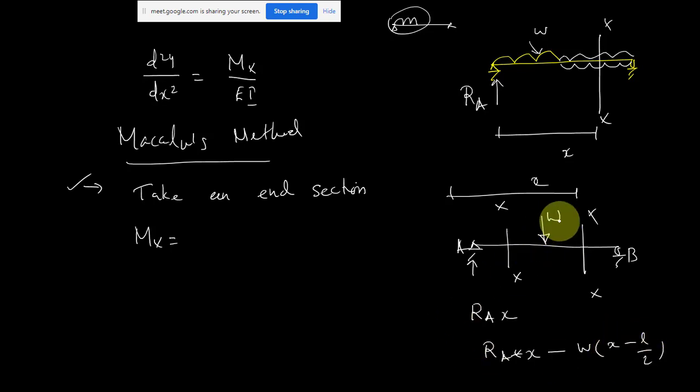Even if the loading is like this only for some length of the beam, or you have a concentrated load, you can't easily apply the double integration method. You can solve it, but it will be very difficult, because you are going to get two equations for that. You have to apply the integration two times with different M(x) equations, and finally you have to match the two results at this junction. That process will be very lengthy.